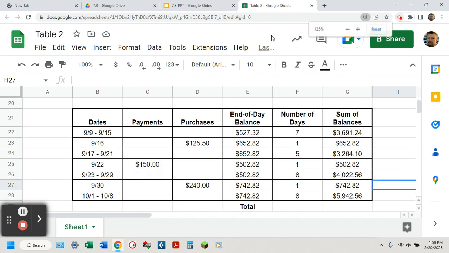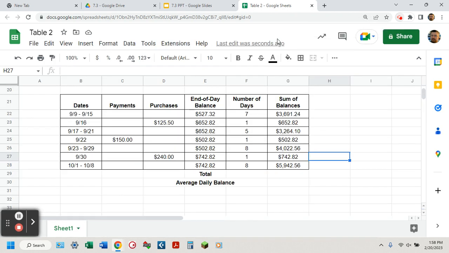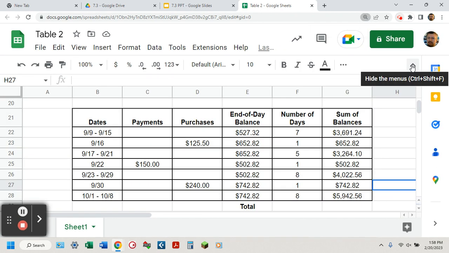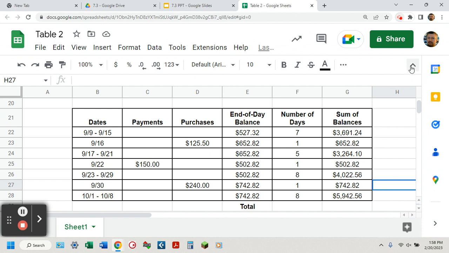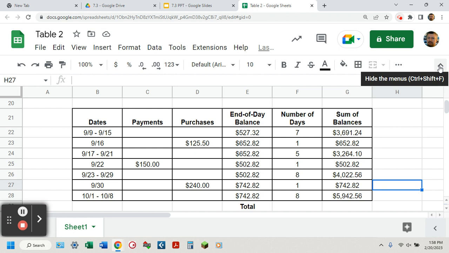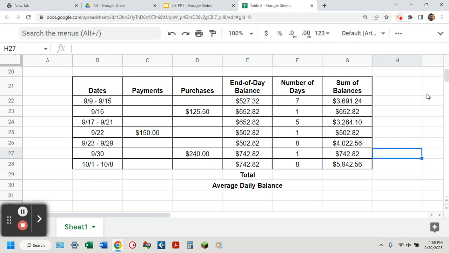Let me make this a little smaller so you can see it. There we go. Actually, let me do this. I'm gonna hide that. Now you can always hide this if you want to make things a little easier. I don't need this. What's that over there for? I could just click this and that hides. If you want it back, you click it again. All right, so